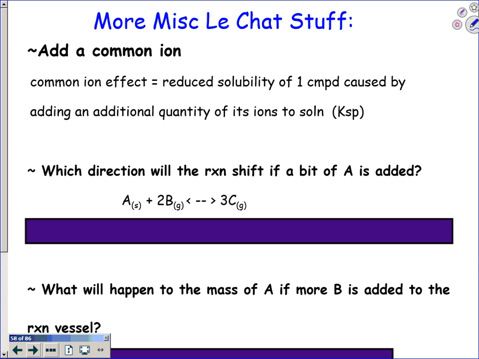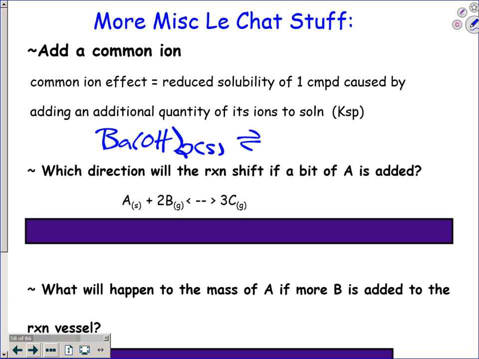So the common ion effect is something we'll discuss a lot more when we talk about Ksp next week. But essentially, it is a way of reducing solubility. If I reduce solubility, do I mean that I make something more aqueous, or do I mean I make something more solid? Right, more solid. I'm reducing its ability to dissolve. So if I have an example of barium hydroxide,